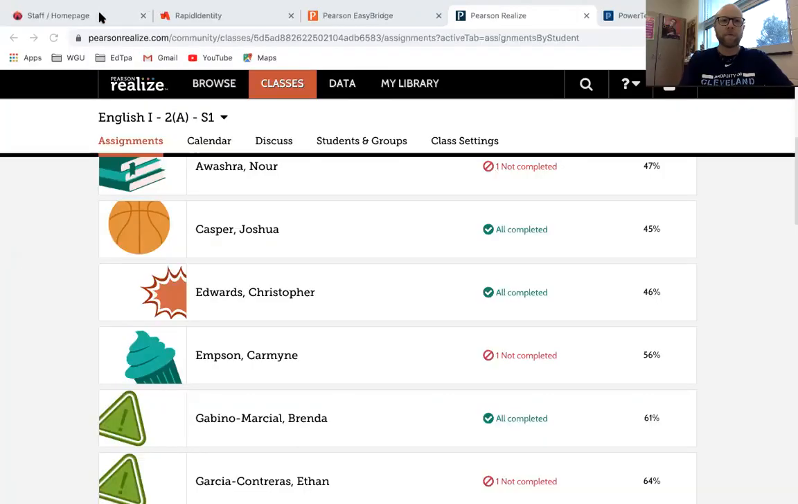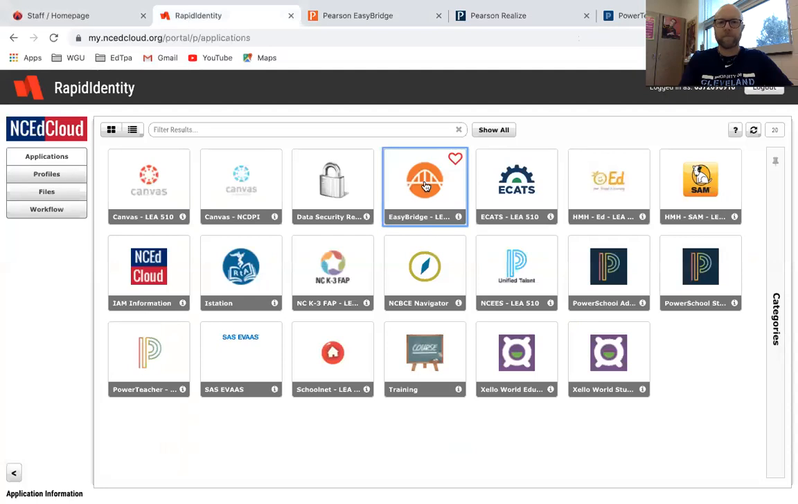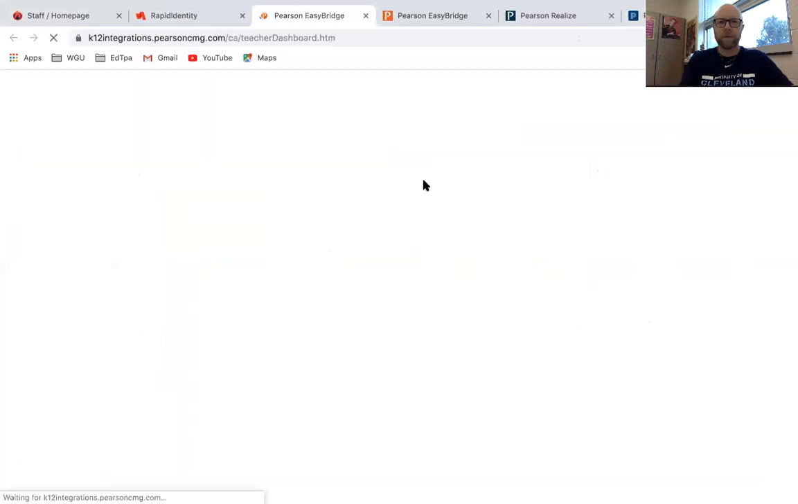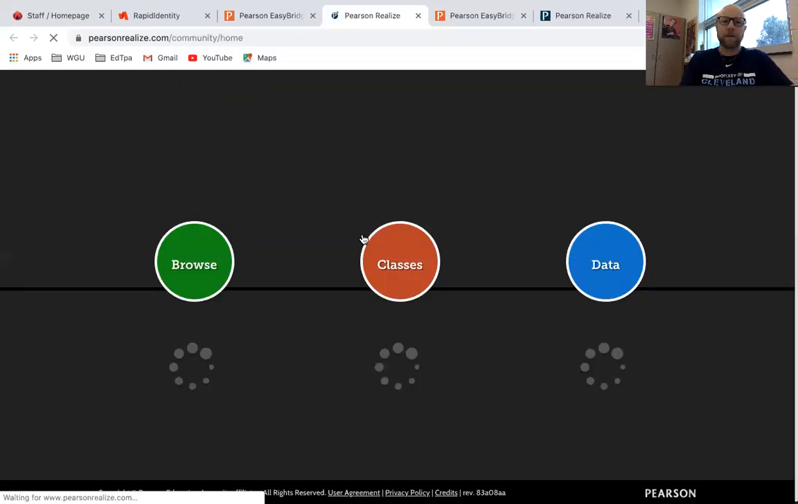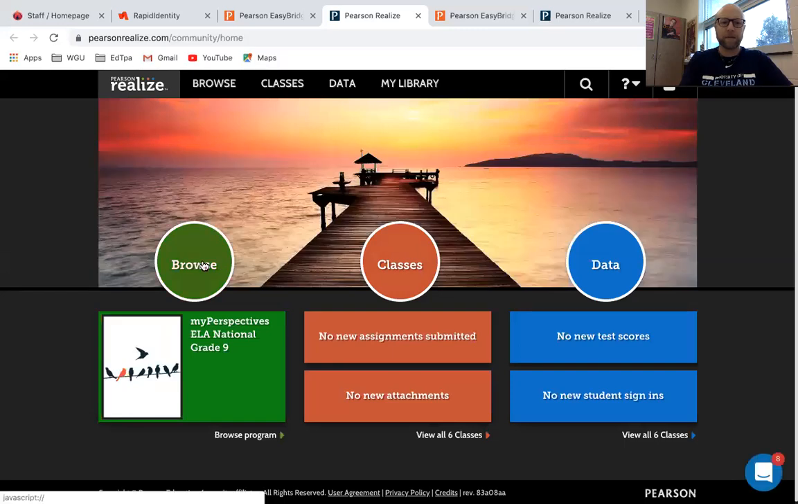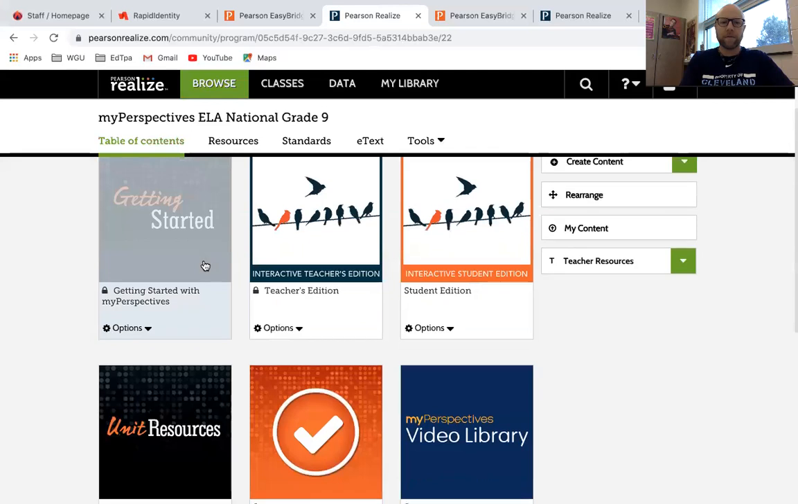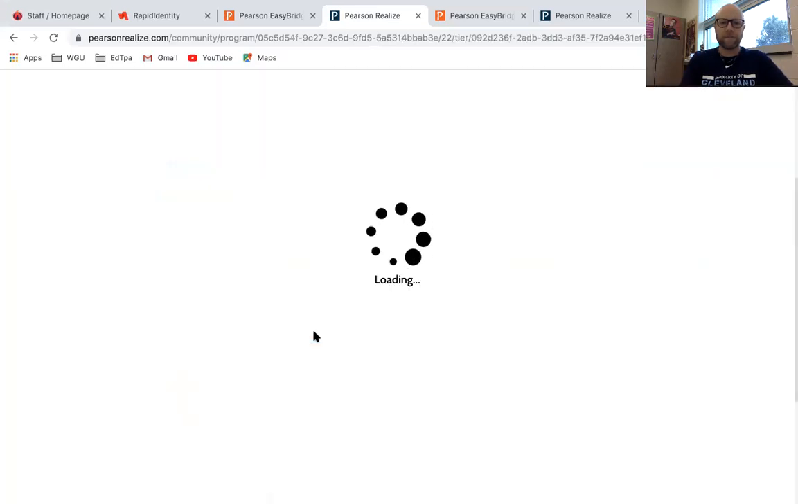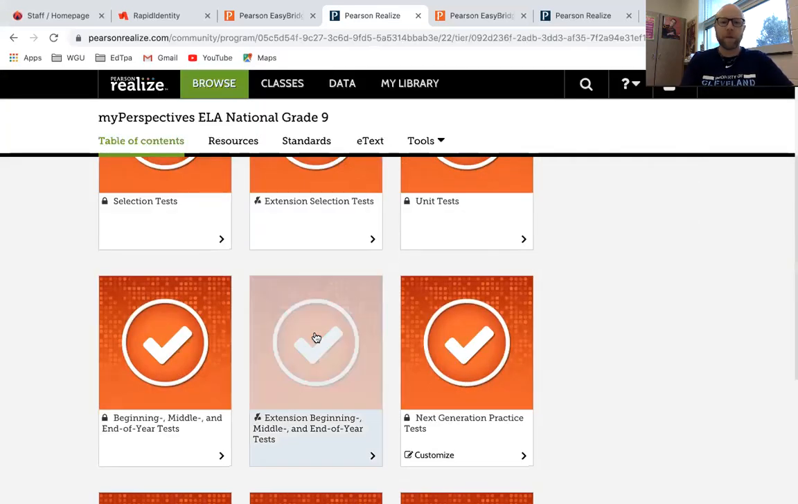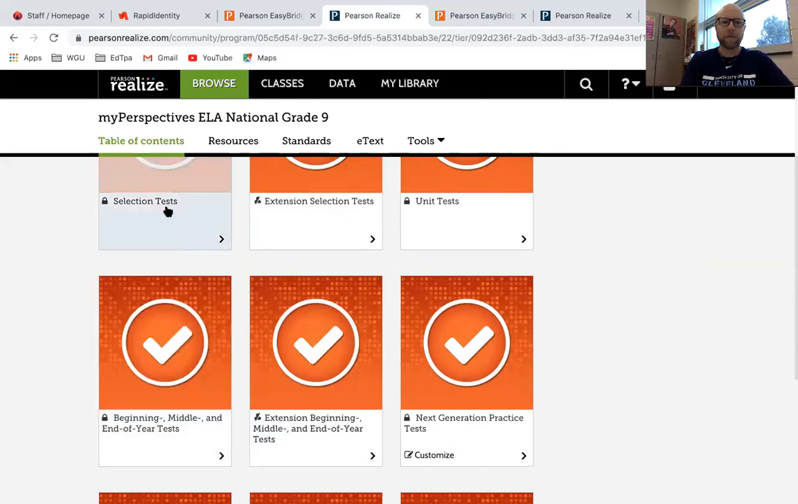All right, here's your quick tutorial on how you should create your tests or edit your tests. When you go to the Easy Bridge, you want to click on Pearson, and then you don't want to necessarily click on the class because you want to edit the test independent of the class. So you go down here to where it says Assessments, pick whichever assessment you want,